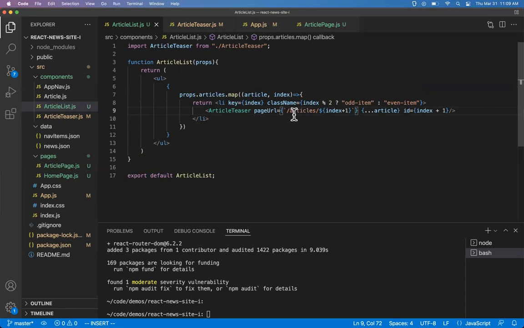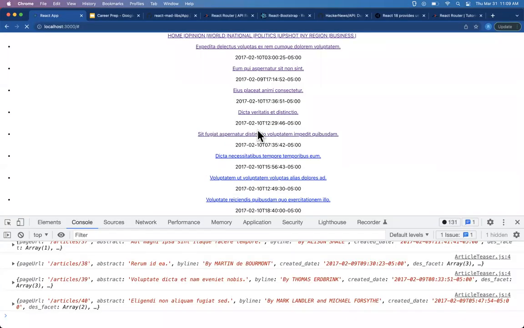Okay, so that seems reasonable. It should be going to the articles page slash then the index of that article +1, because we're having 1 indexed URLs, even though we have a 0 indexed array. Okay, so now you can even see, in the lower left corner of my browser, when I hover over anything, we can see this URL,